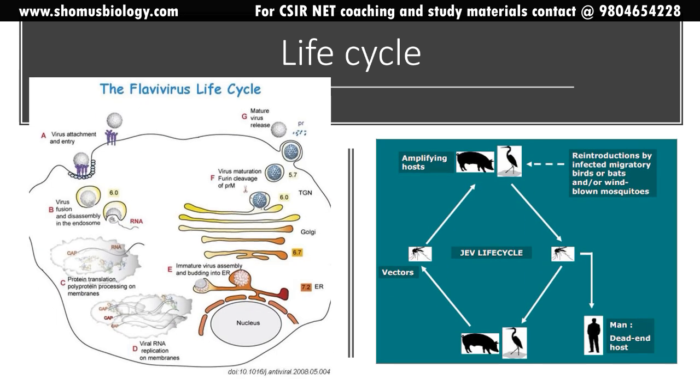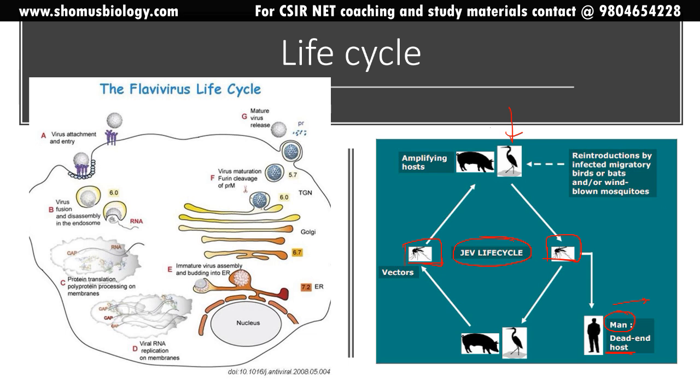So this is how it looks. On the right-hand side, at the very beginning, this is the Japanese encephalitis virus life cycle, where we have the mosquito at the center as a vector, and that connects different hosts: man with birds, man with swine. So the mosquito can go there. Man is a dead-end host. From man, it will not go to any other host directly. So man is a dead-end host, and cannot infect another host. It cannot jump a different barrier from there.